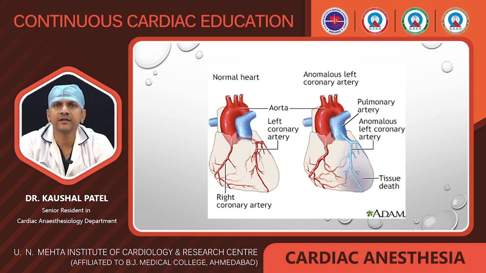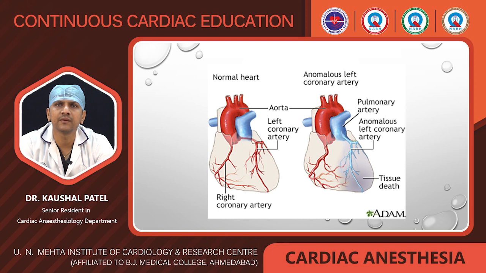But the left coronary system, that is the left main coronary artery, which gives rise to the branches of the left anterior descending and the left circumflex, originates from the pulmonary artery, which gives deoxygenated blood to the left side of the heart. So in ALCAPA, the blood supply to the heart is different. The right side of the heart is getting oxygenated blood supply, while the left side of the heart is getting